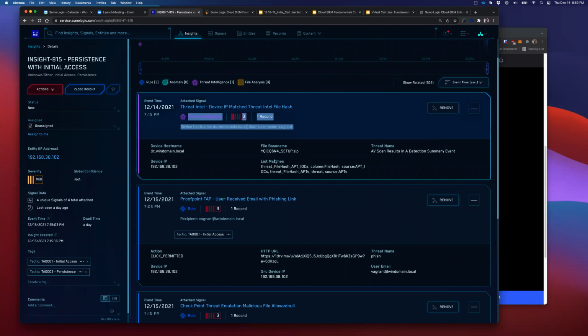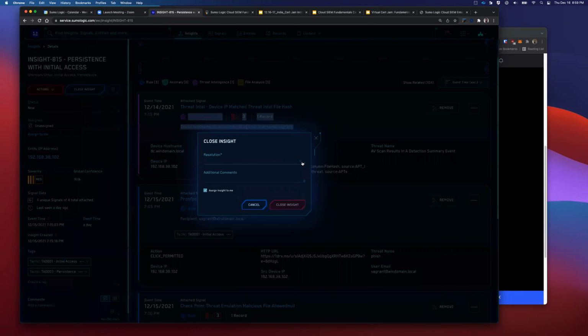Yeah, it does. So what we would do now is we could do an action. Of our actions here, we have many different triggers we can trigger. Do we want to create this and turn it into a JIRA ticket? Do we want to send it through PagerDuty, through ServiceNow, Slack, etc.? Many different options. And then we can close the insight.